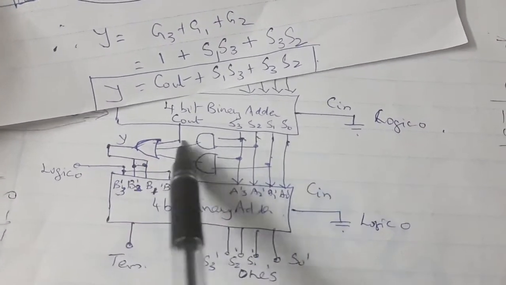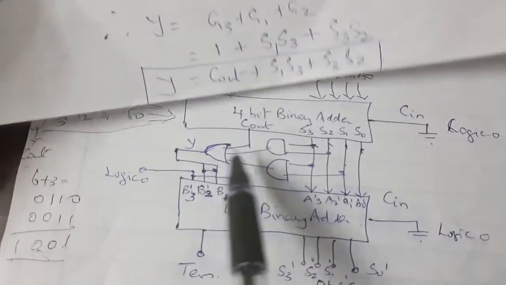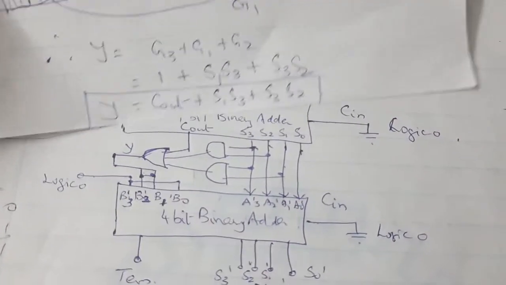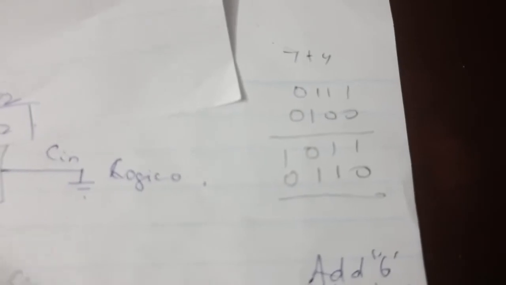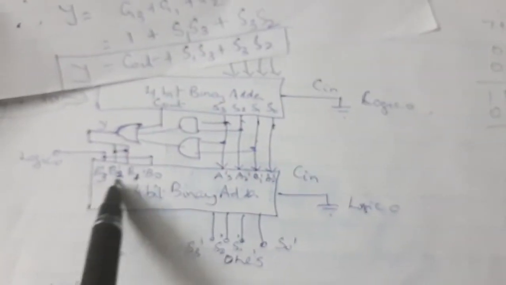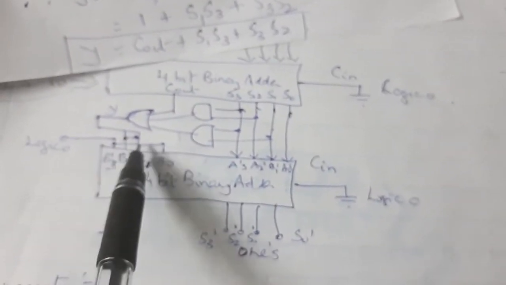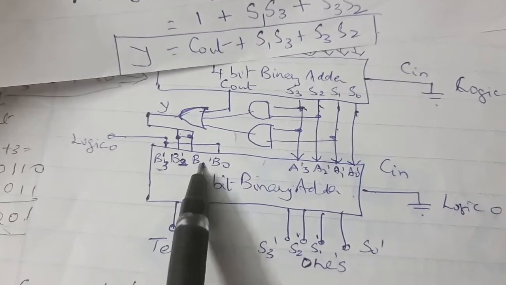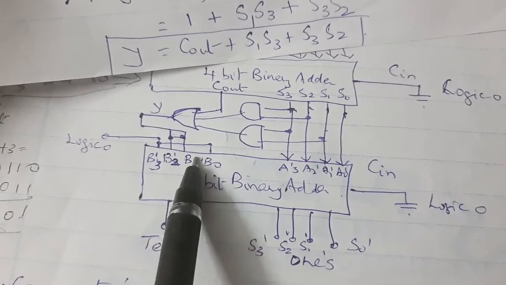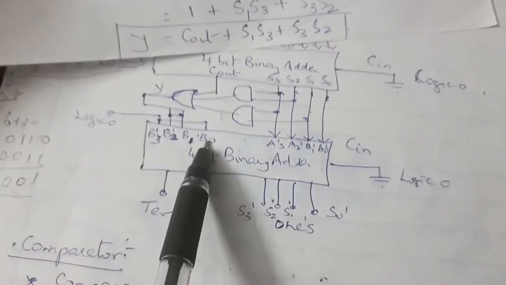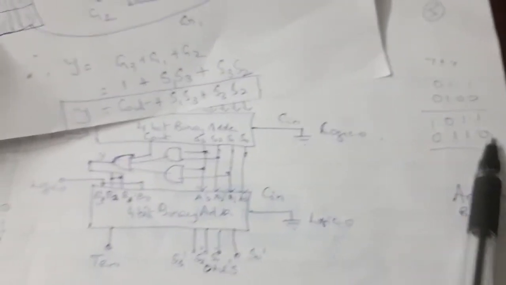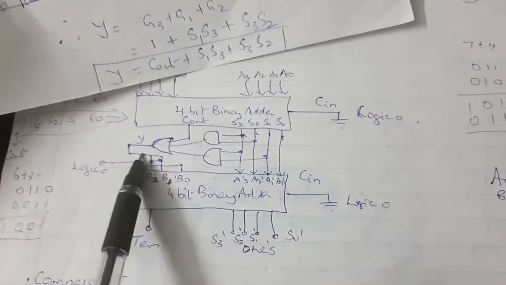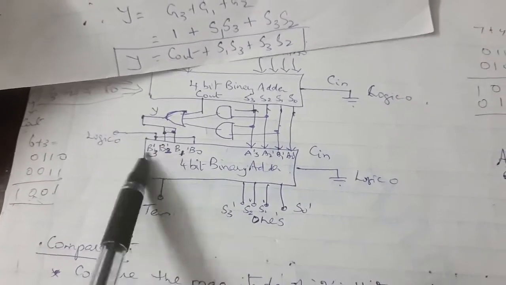You check whether this is a valid code. If it is an invalid code, you are going to add digit 6. How to add digit 6 here? Here it will become what will happen if it is an invalid code. Y is equal to 1 means it's an invalid code. Then you are going to add here 6, 0, 1, 1, 0. So B3 and B0 are logical 0. B2 and B1 are logical 1, that is Y1. Okay, you are adding 6.